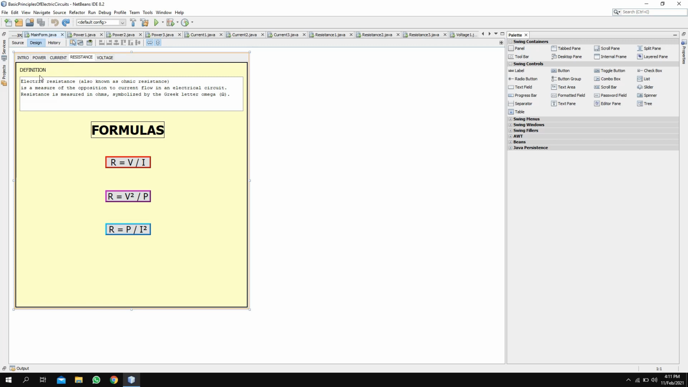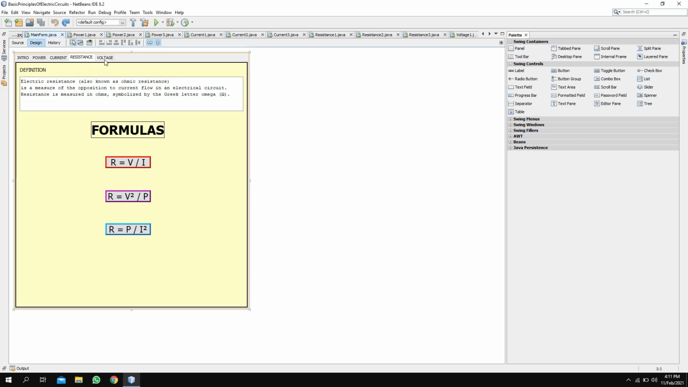And resistance is also known as the ohmic resistance. It is a measure of the opposition to current flow in an electric circuit. So we have R equals V over I, R equals V squared over P, R equals P